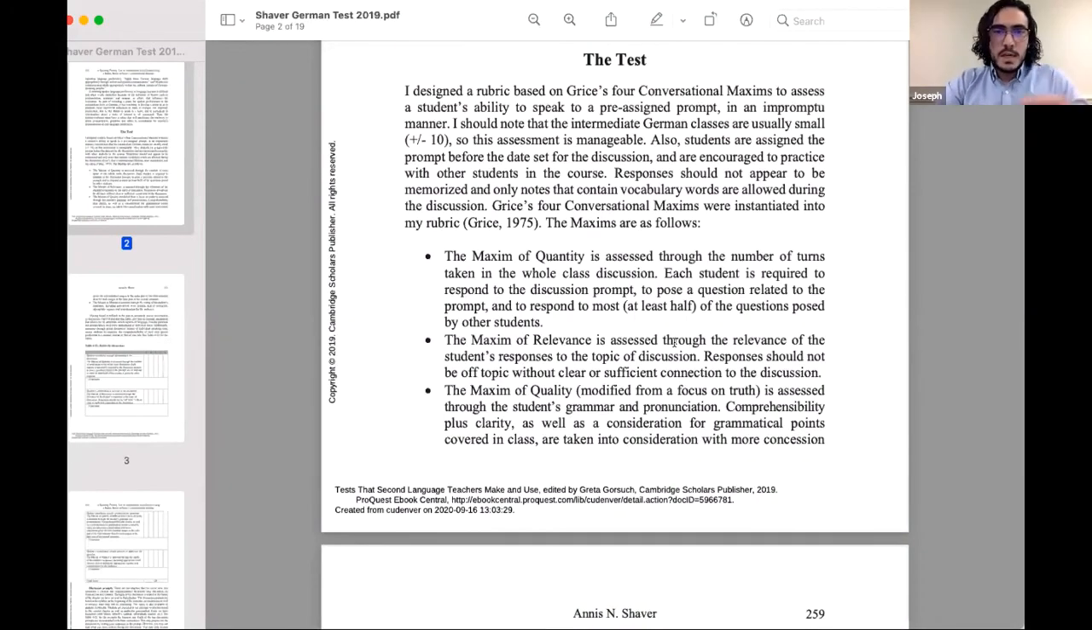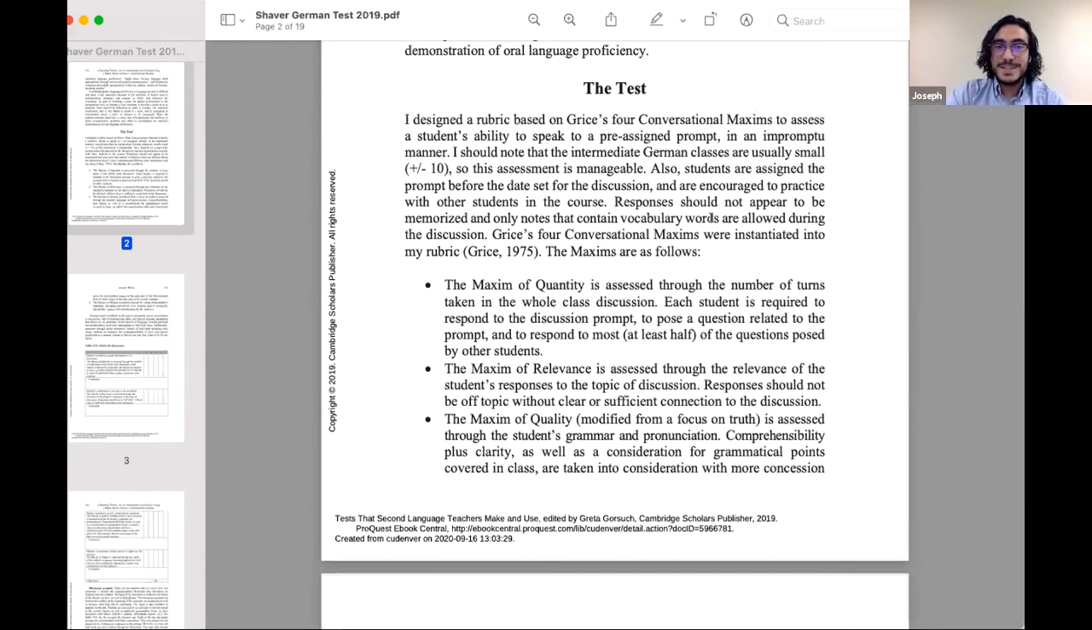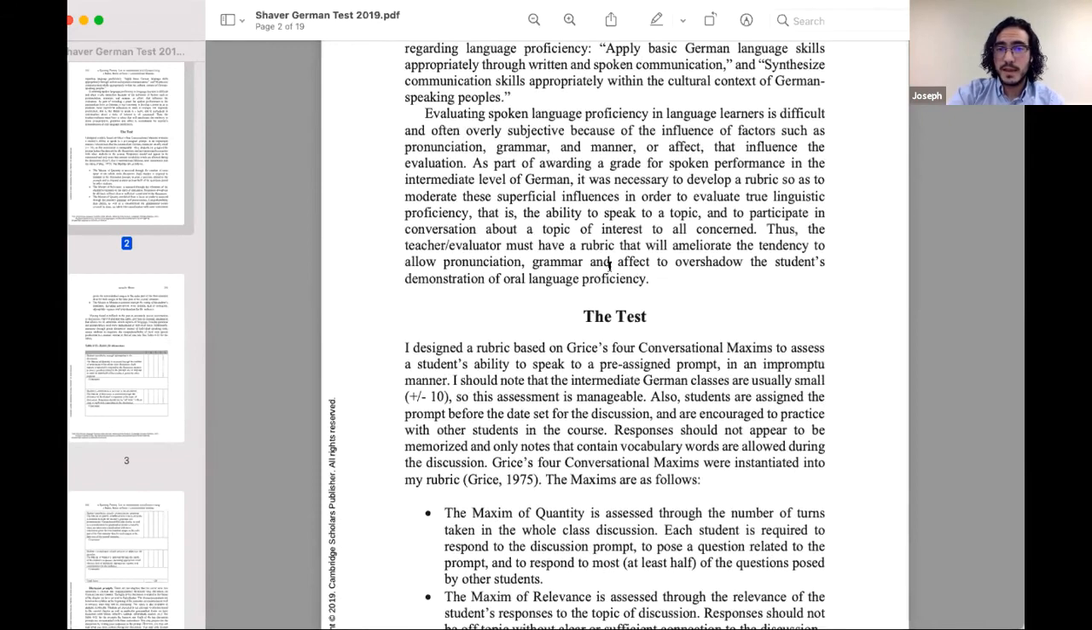Okay, great. So here is the test. When I first looked at this test, I should say that I was expecting to see questions lined out or something, but that's not what Shaver did. So Shaver gave the students, her group of about 10 students, these prompts that we'll find later down in the